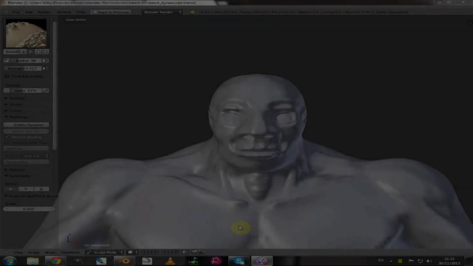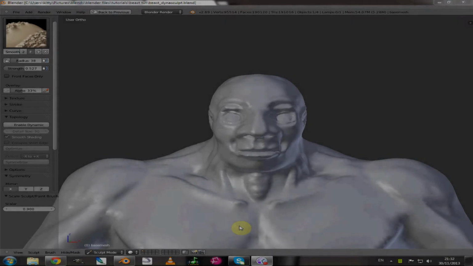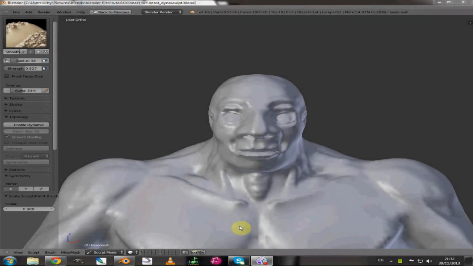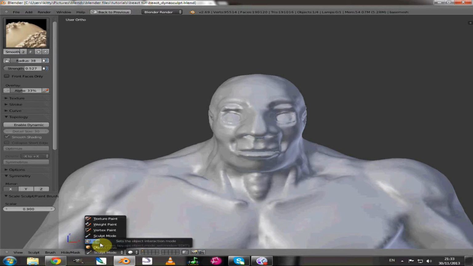Hi and welcome back. In this episode we're going to be looking at retopologizing the model that we started sculpting in the last video. What I want to do first is go in and take a look at the curves and the contours that define the edge loops. So I'm going to go into edit mode,